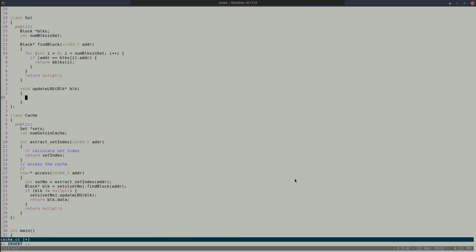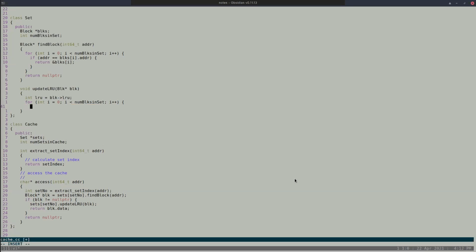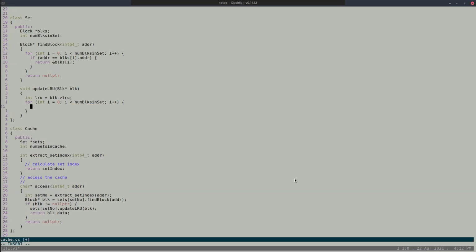How do I update the LRU? I can just do this. If you're not understanding, let's see whether you understand data or not. So I get the LRU value, okay, and I go. So the block pointer should be block.